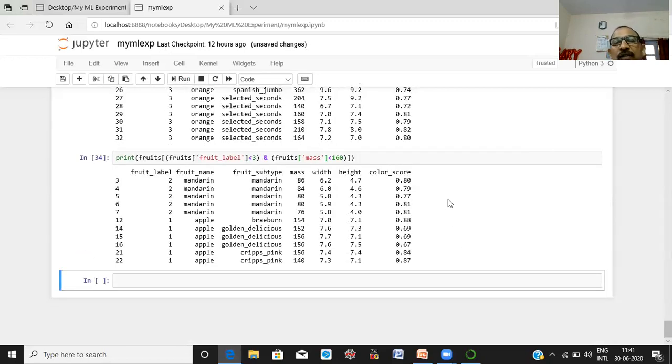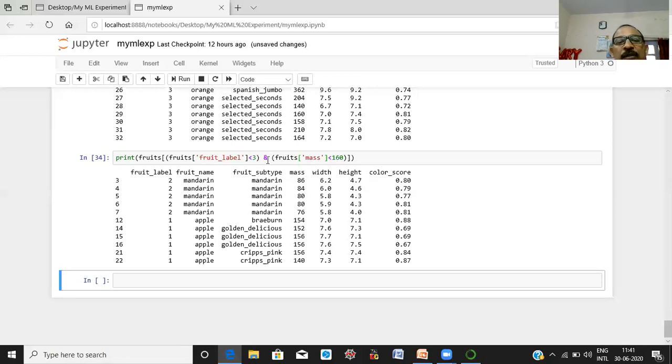Here you have filtered your data set on more than one variable. First is the fruit label variable and second is the mass. It displays all the records having fruit label less than 3 and mass of the fruit less than 160 gram. You can see it here. Okay.